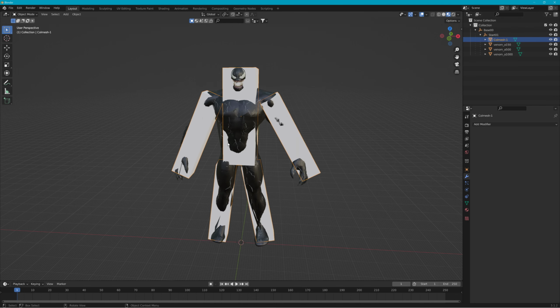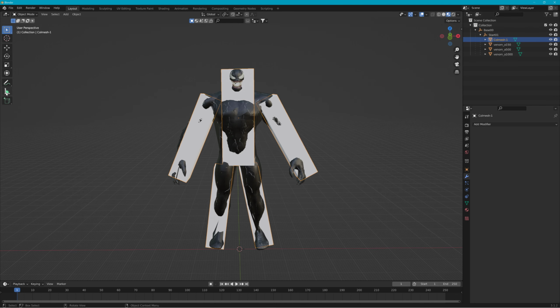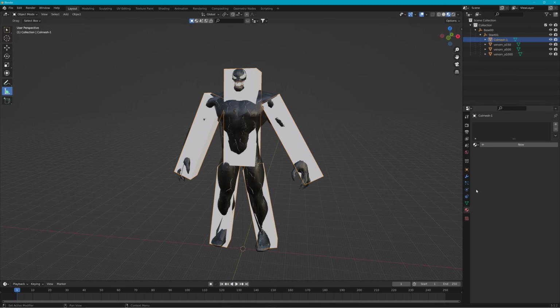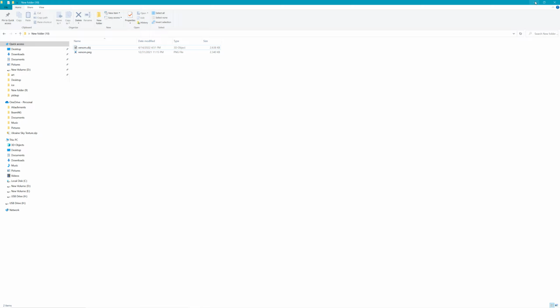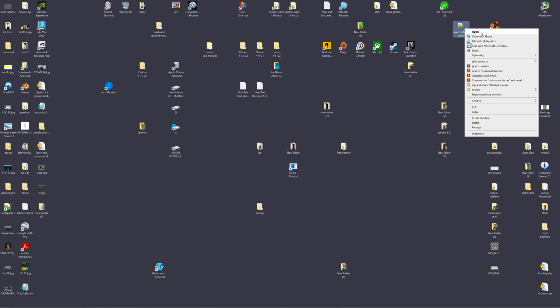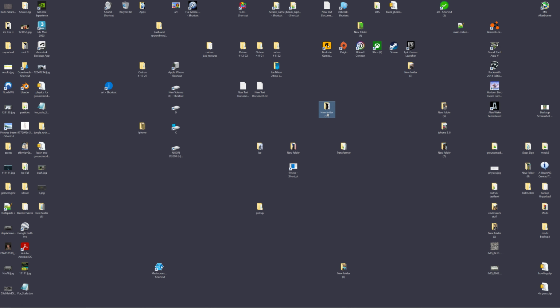Now this is a pretty large object. You can measure this thing, it's like 90 meters tall, which I'll just leave like that. But this is pretty much ready for the game. The only thing is the texture for it is Venom. I'm just going to copy this to the clipboard, because I'll show you a quick way to make a texture. And just copy this folder, and then let me rename this folder to Venom,